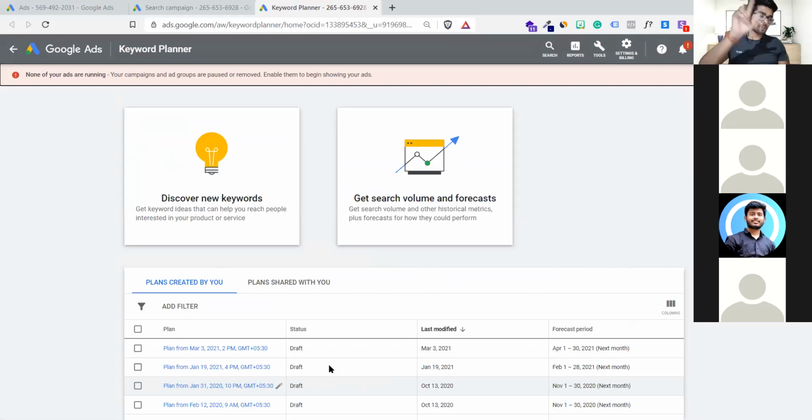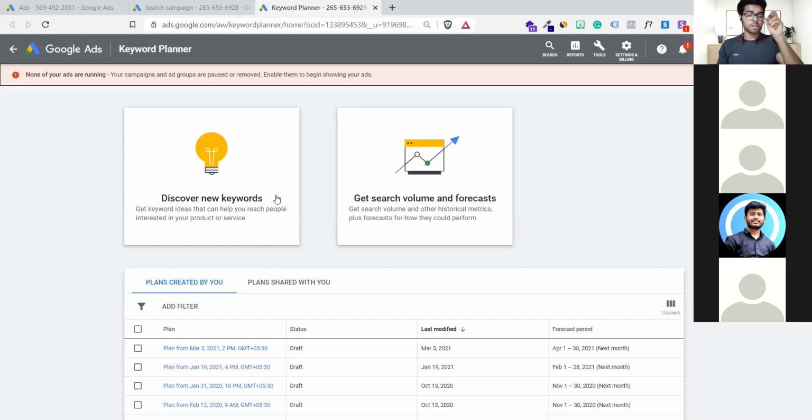So we have two options right now. The very first option you will see on the front of the screen is discover new keywords, the other is get search volume and forecasts. If you are pretty new to your business and you don't even know what kind of people are searching for your relevant products, the recommendation is to click on discover new keywords. Google will help you understand what kind of queries people are actually searching on Google.